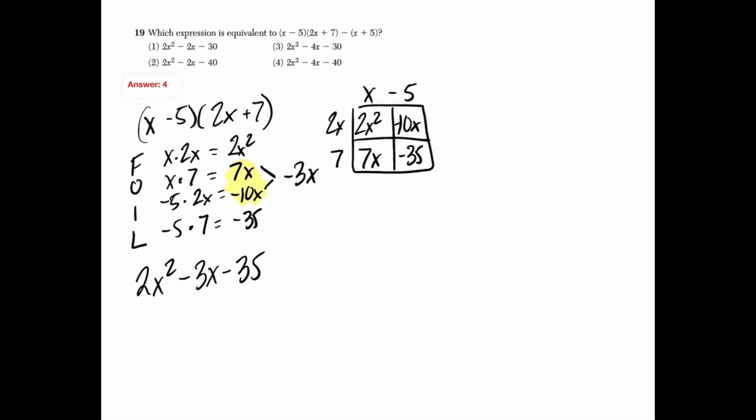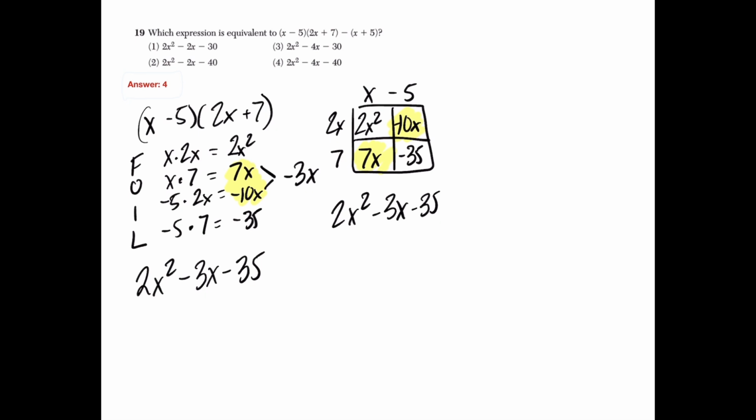But for me, and the way my brain works, it's so much easier for me to see it. Notice, again, I'm just getting the same terms. But I just see things more easily this way. This is just this number, and this is just this number. And then I'm still finding these are my middle terms, and I will still get the same thing: 2x squared, negative 3x, and I combine these terms, and 35. Okay, so either way would work for multiplying the terms. Got it? All right, now I need to subtract